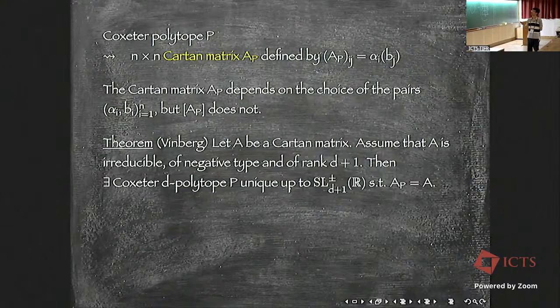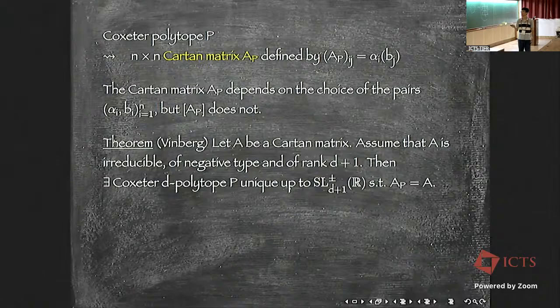Okay, so I already mentioned this one. Then this is a crucial theorem by Vinberg. So A is a Cartan matrix. Then assume that A is irreducible, of negative type, and of rank D+1. Then there is